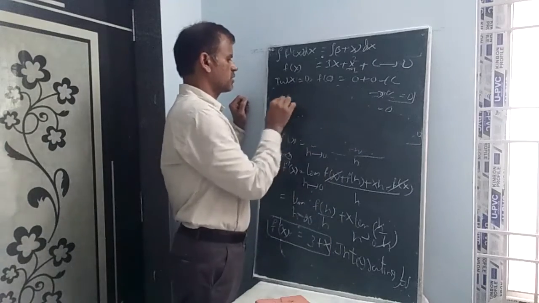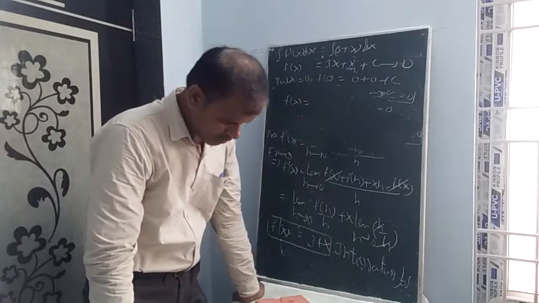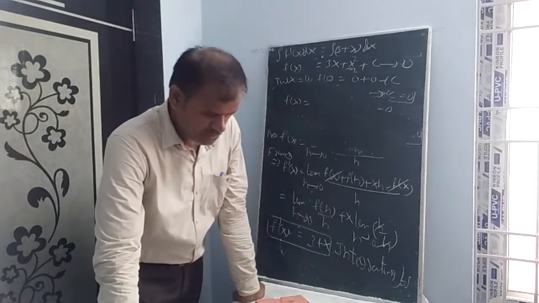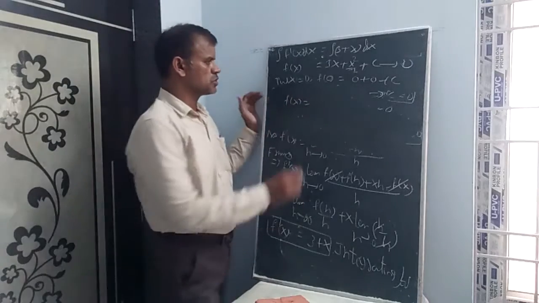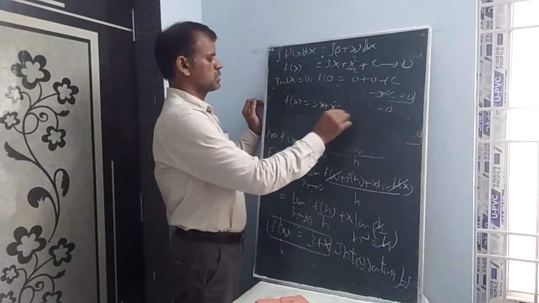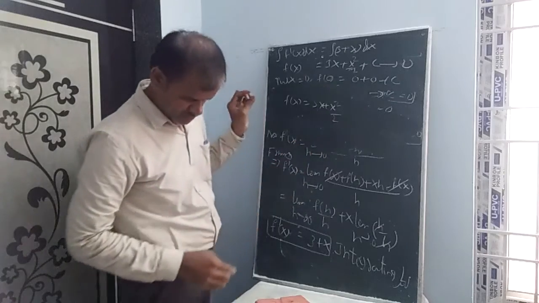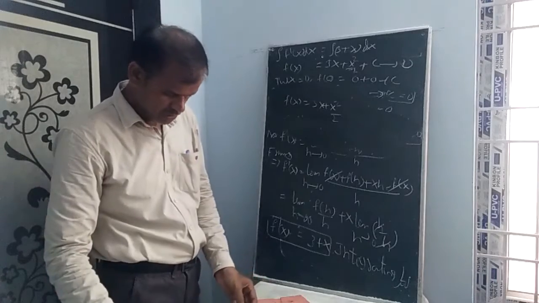Therefore, f of x is equal to... So he needs to give the condition that it should pass through the origin. Suppose the differentiable function satisfying the property means itself is passing through 0. So f of x equal to 3x plus x square by 2. That's all. Third option: 3x plus x square by 2, should not write 0.